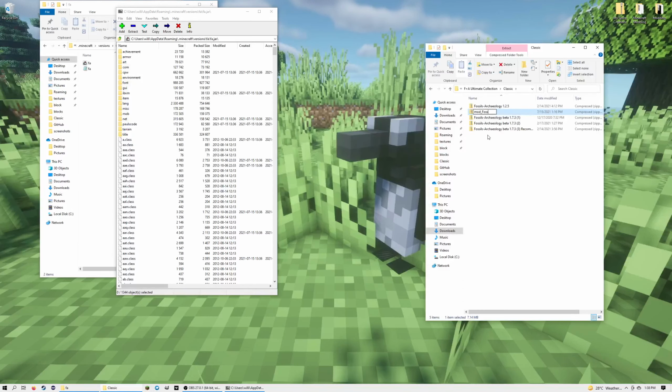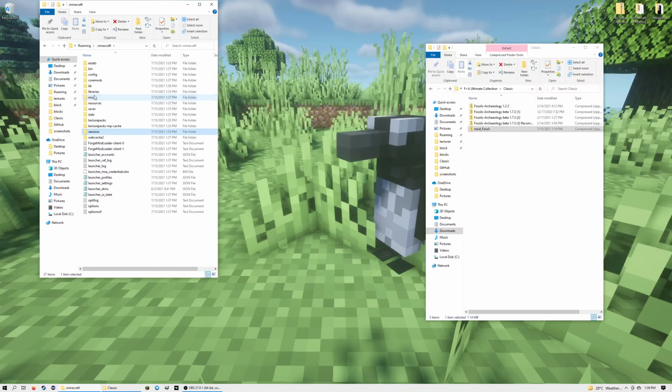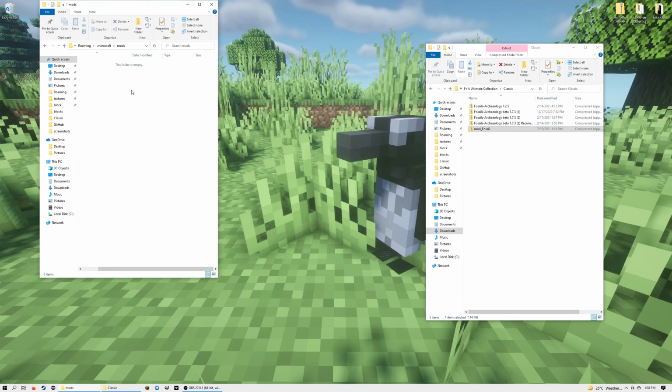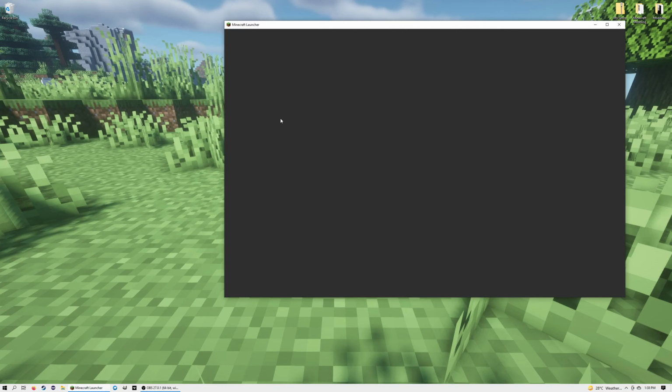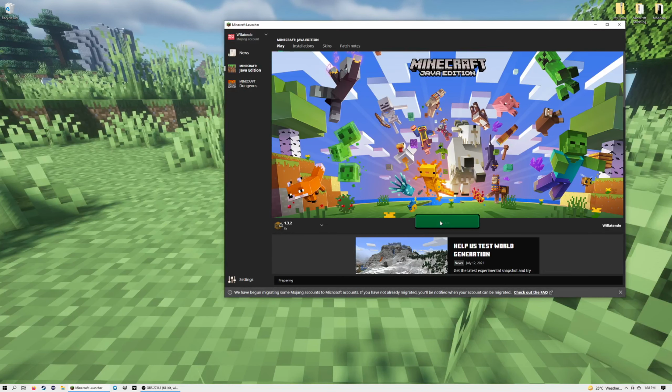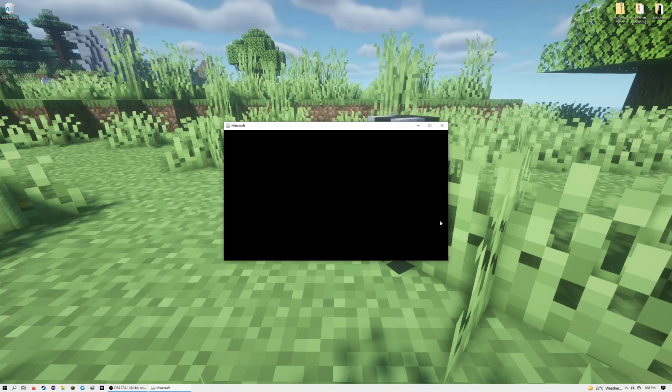So just rename it to mod-fossil or mod_fossil, like that. Otherwise the lang will not correctly work. Go to your mods and just drag it in, and then I'm actually just going to copy and put that there just so I don't accidentally delete it. Close everything, go back to your launcher, click play, and if everything worked,